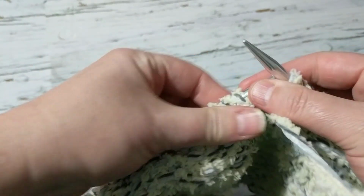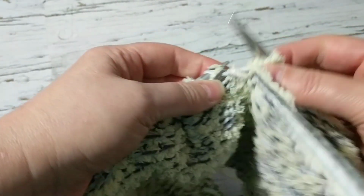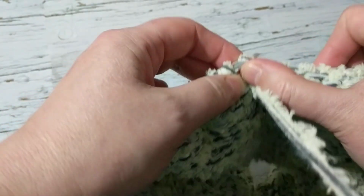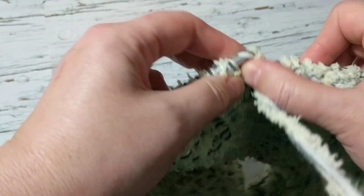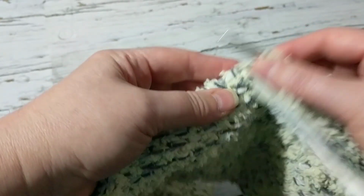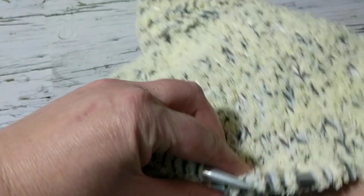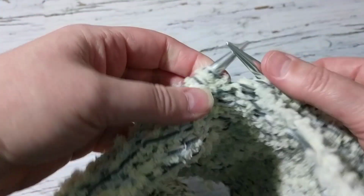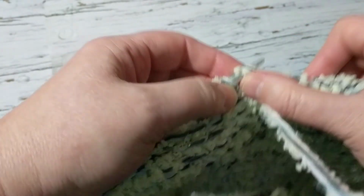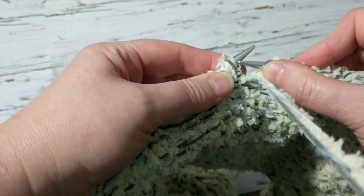I don't like doing yarn over. That makes a hole and it gives that lacy look. The only time I do my yarn overs is when I'm working on a lacy project. Other than that, on my classic shrugs or on my coats, sweaters like this, I don't do yarn over. I do the hidden way to increase